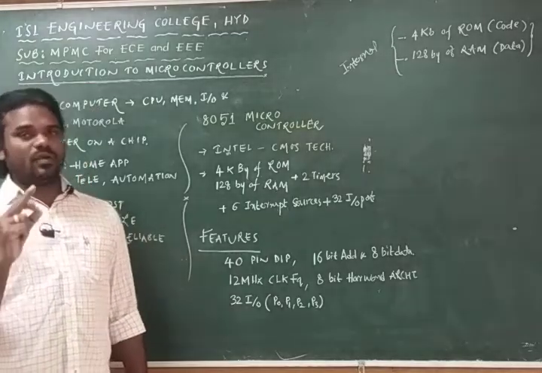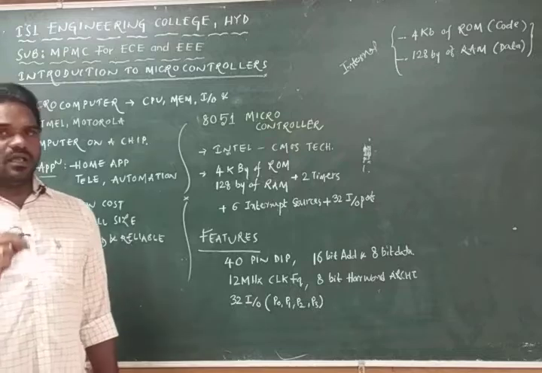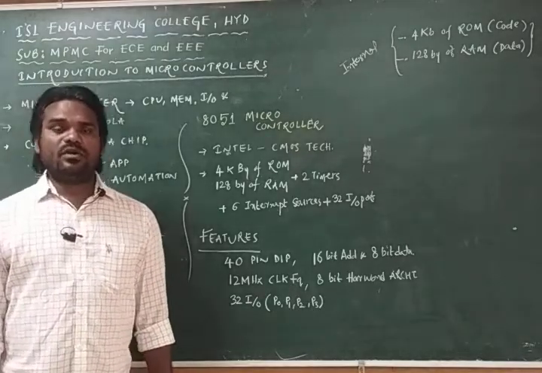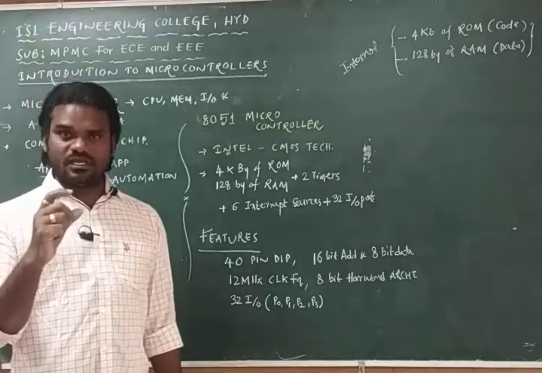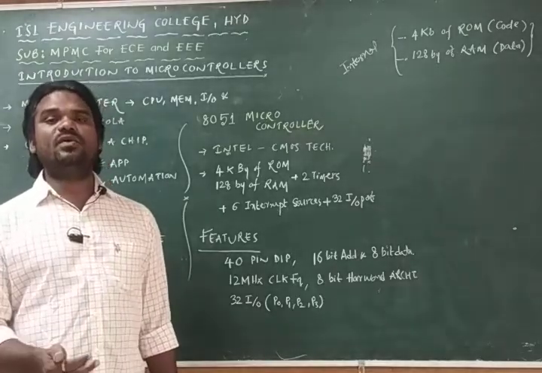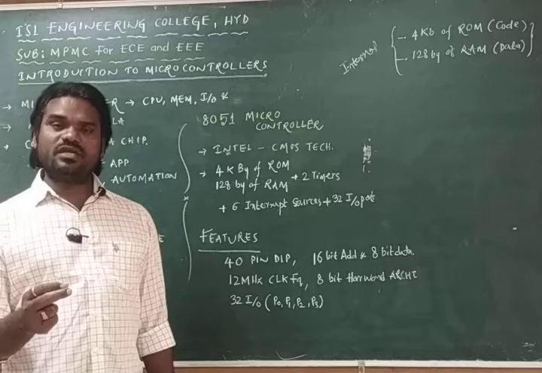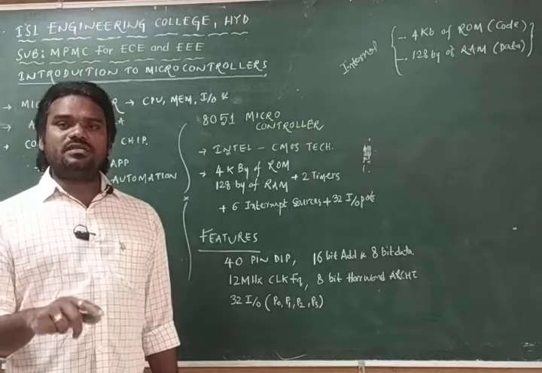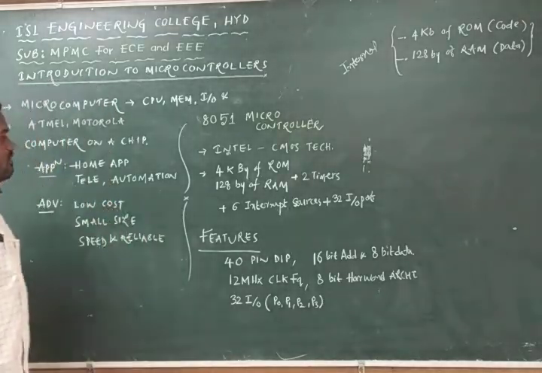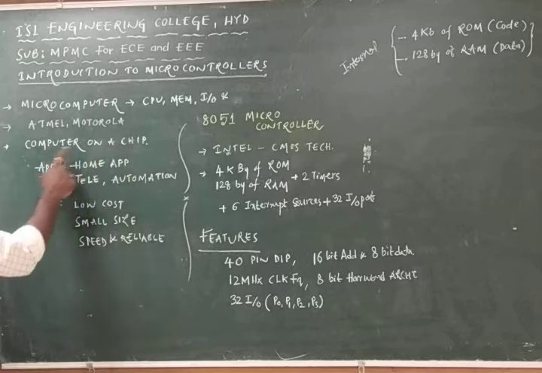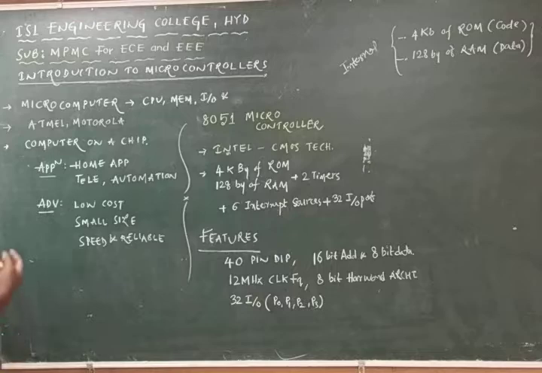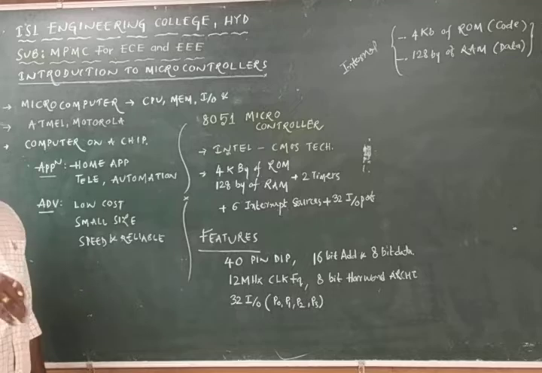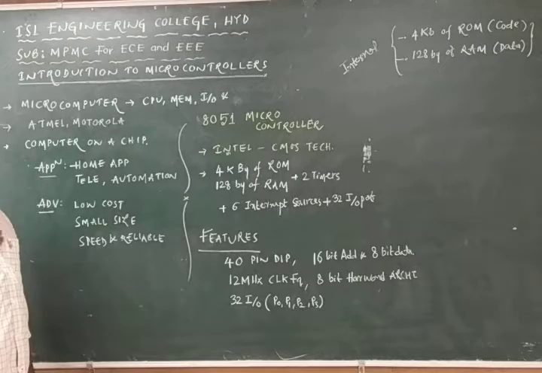You have to remember the clear differentiation between the microprocessor and the microcomputer. A microprocessor is nothing but a CPU only, but we get that CPU in the form of an integrated circuit, so a CPU on a chip is a microprocessor and a computer on a chip is called a microcontroller. A computer on a chip, or a system on a chip, is a microcontroller.